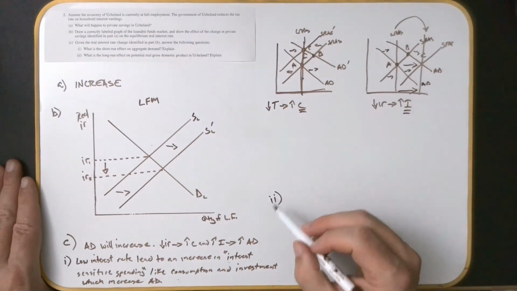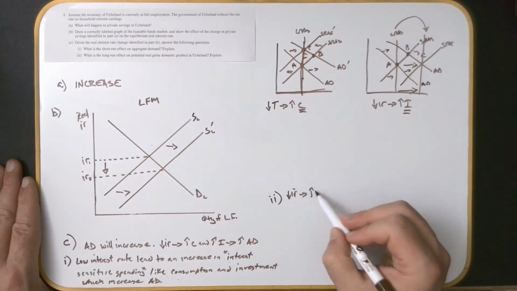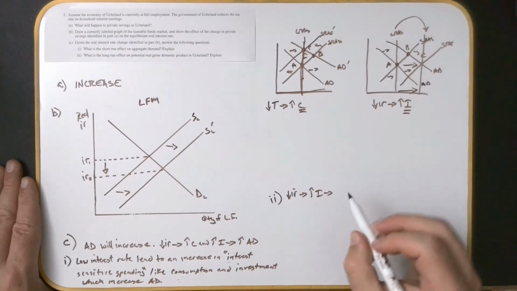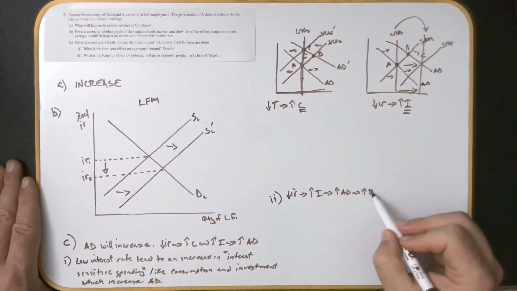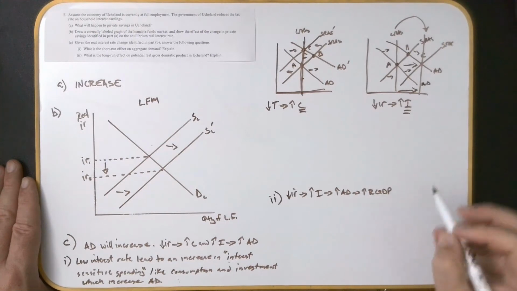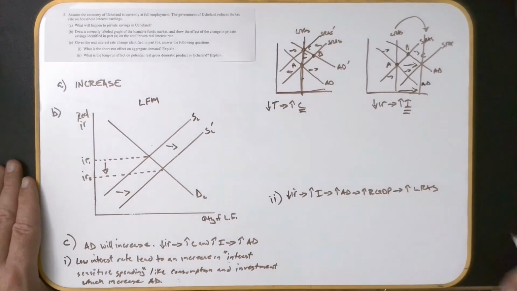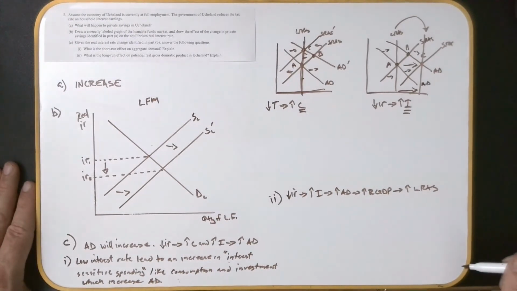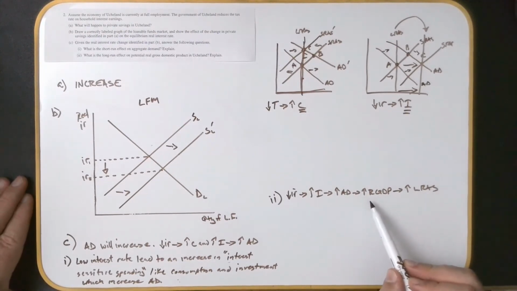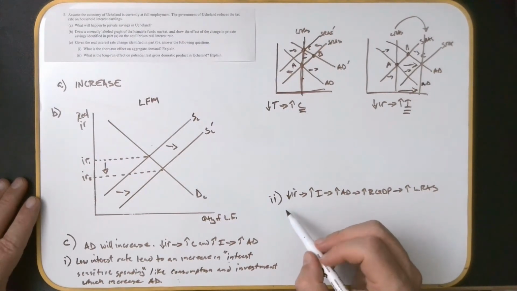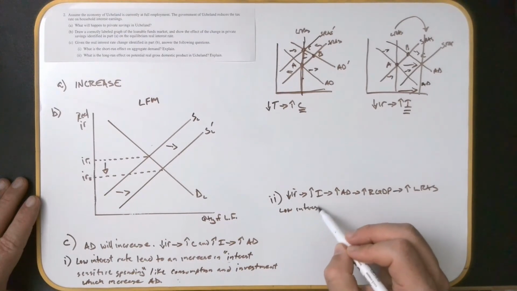And so you could even say, use your shorthand again, oh, well, a decrease in interest rates leads to an increase in I, which leads to an increase in aggregate demand, which leads to an increase in real GDP, which leads to an increase in LRAS. That would all make sense right there, but we're going to use the other phrase they love. Not only do they love interest-sensitive spending, but for this part right here, they like to hear the term capital formation. So I'm just going to say on my explanation,